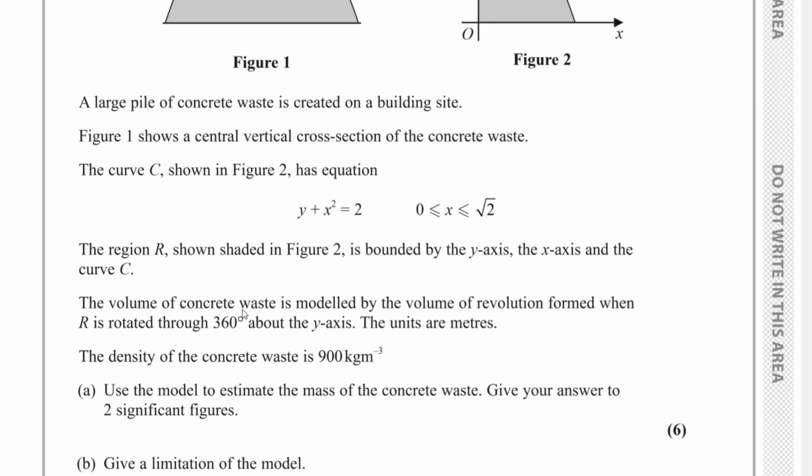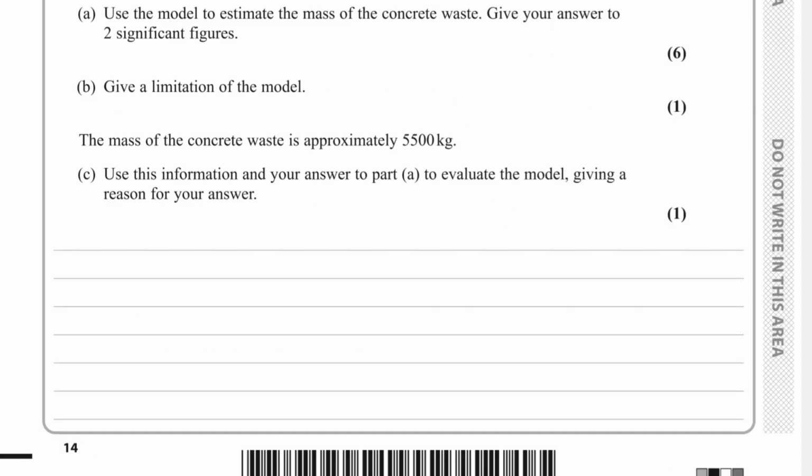The volume of concrete waste is modelled by the solid of revolution formed when R is rotated through 360 degrees about the y-axis. The units are meters. The density of the concrete waste is 900 kilograms per meter cubed. Part A. Use the model to estimate the mass of the concrete waste. Give your answer to 2 significant figures. To begin with,